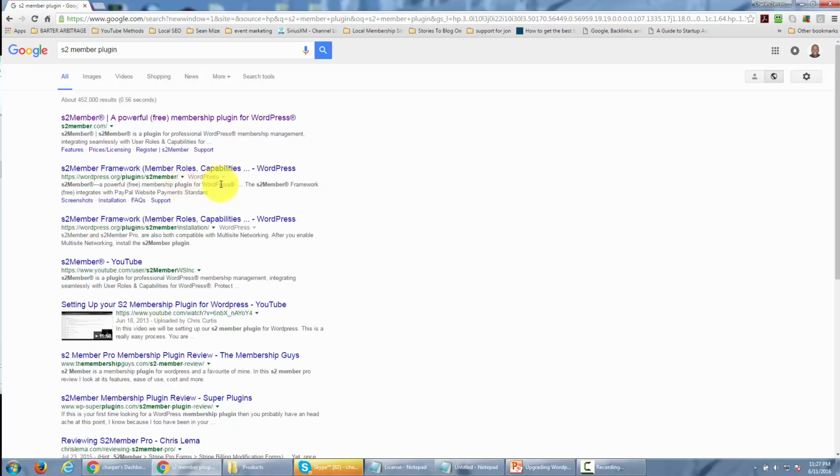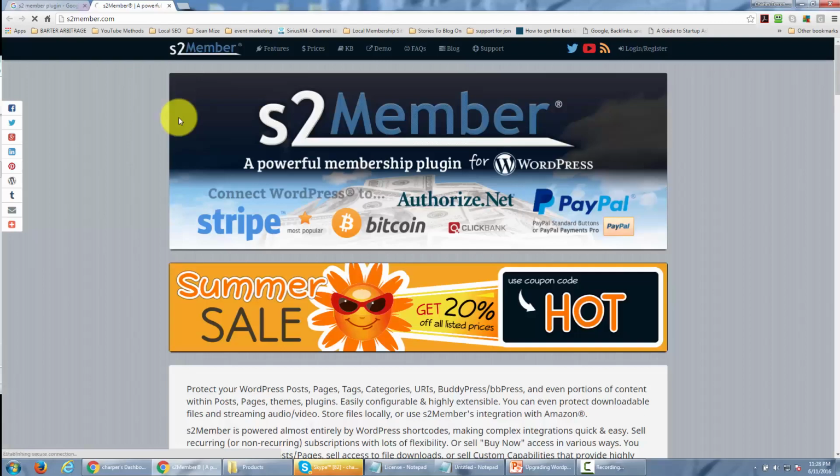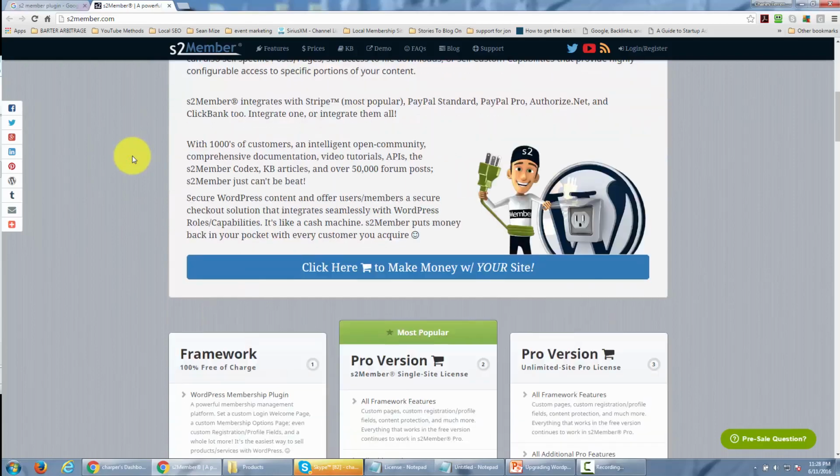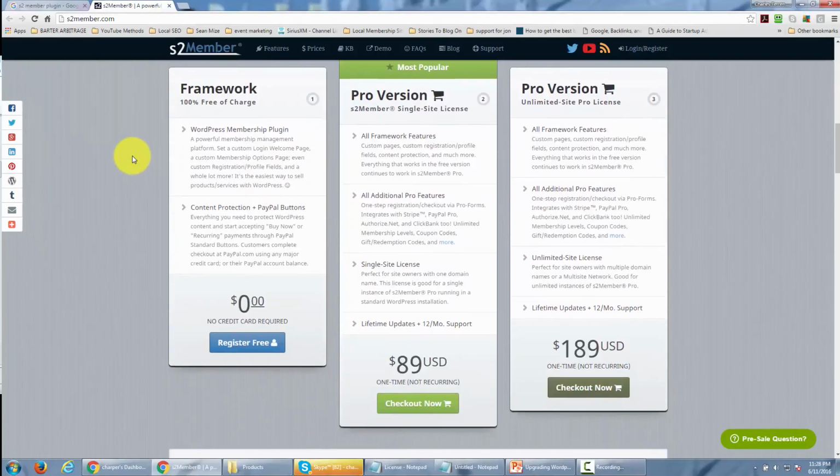You should see at the top of the search results, or very close, a line that says S2 Member, a powerful free membership plugin for WordPress. You want to go ahead and click that link. What you're going to notice then is that it has several layers to the website. What you want to do is find the framework,